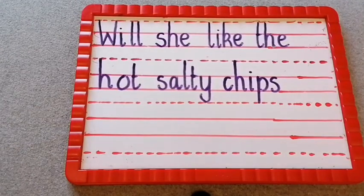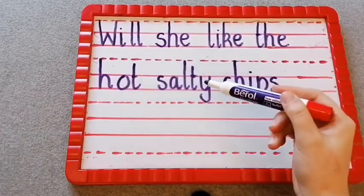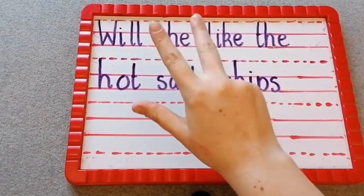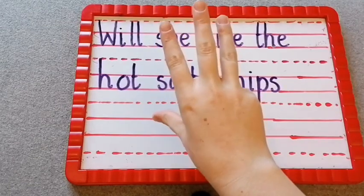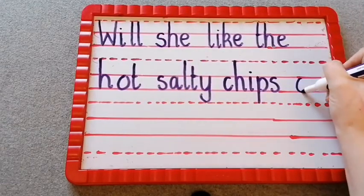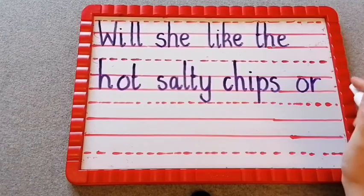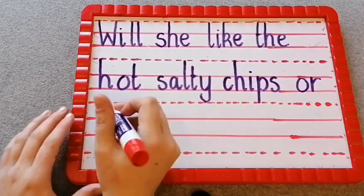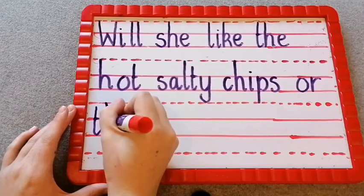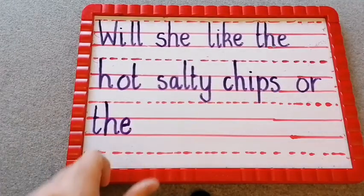Okay, so we've just written the first part of my sentence. Will she like the hot, salty chips? We're now going to write the next part of our sentence. Or the sticky jam. 4 words. Or. Down the robot arm. There we are. Or the. It's our tricky word again. Down the tower, across the tower. Down the horse's neck and over his back. Cut off the top, scoop out the egg. Or the sticky,